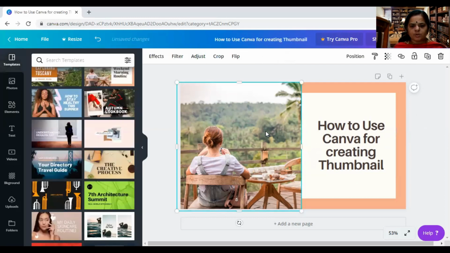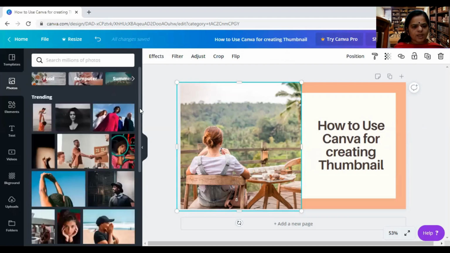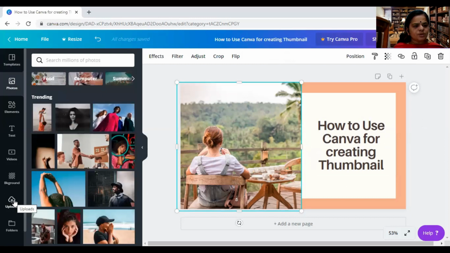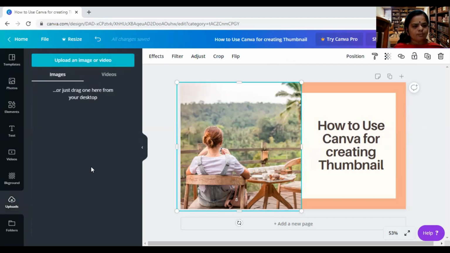Apart from that, if you want to change the image, suppose I don't want this image, you can use the photos from the already inbuilt library. Or if you want your own photos, you can upload an image.